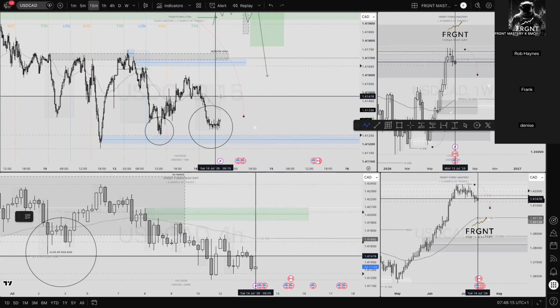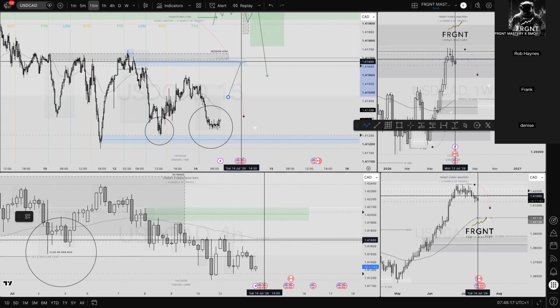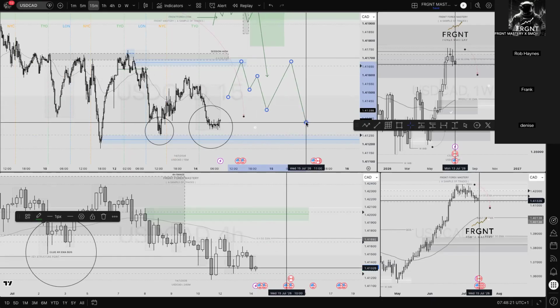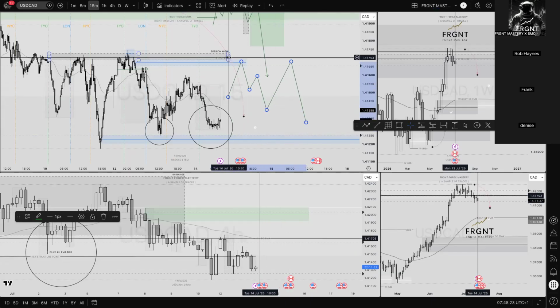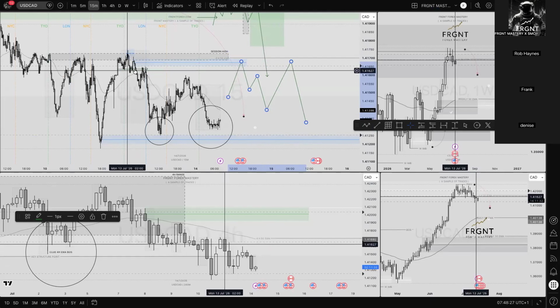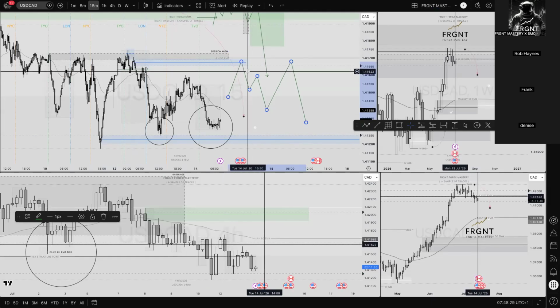So for me, if price comes up into this order block first and foremost, it's then for me to wait for a break of structure for price then to return and take the short. If it came into the session high and we had this case scenario, then I'd be looking for something very similar to this. So at the moment, I'm